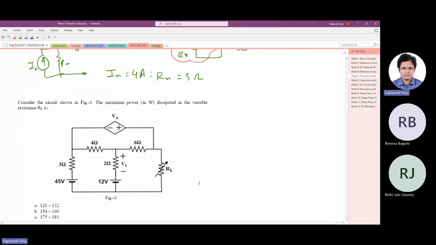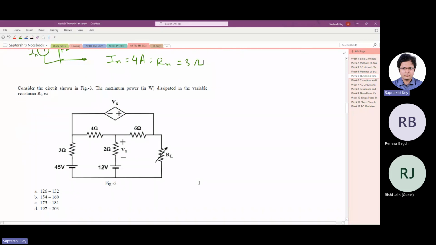Question is, consider the circuit in figure 3. The maximum power dissipated in the variable resistance RL. So it's a maximum power theorem question. We know that if we have a source,